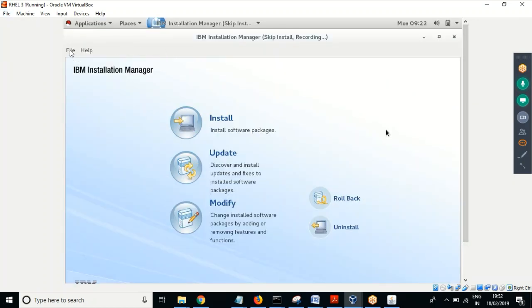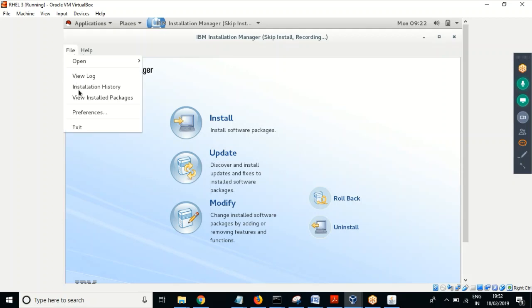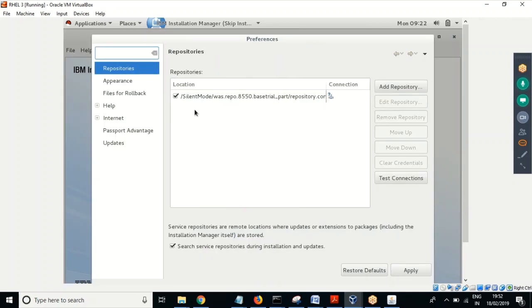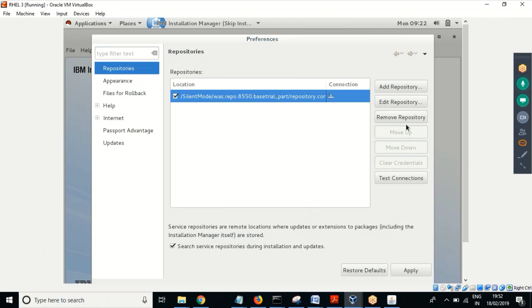To add a repository, you will navigate through File and then Preferences. Here you'll add repositories. So let me remove the existing repositories,